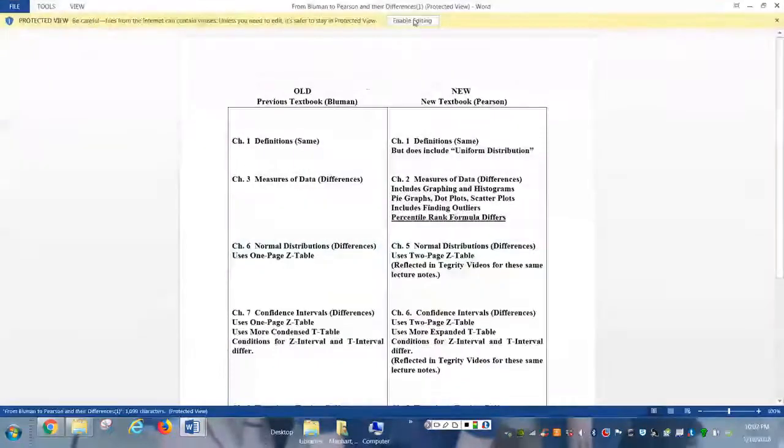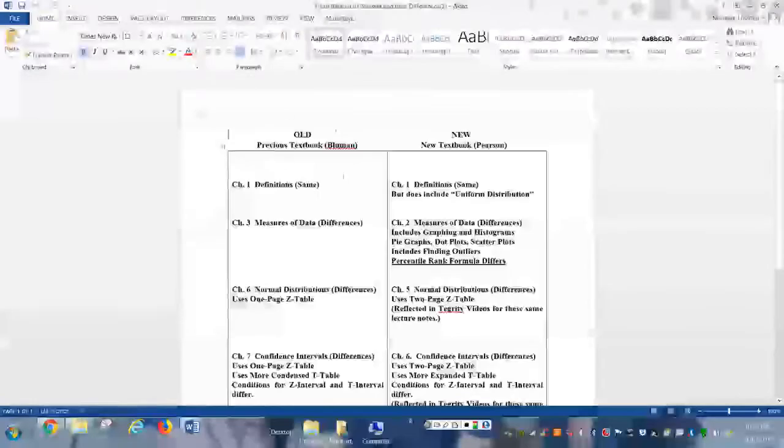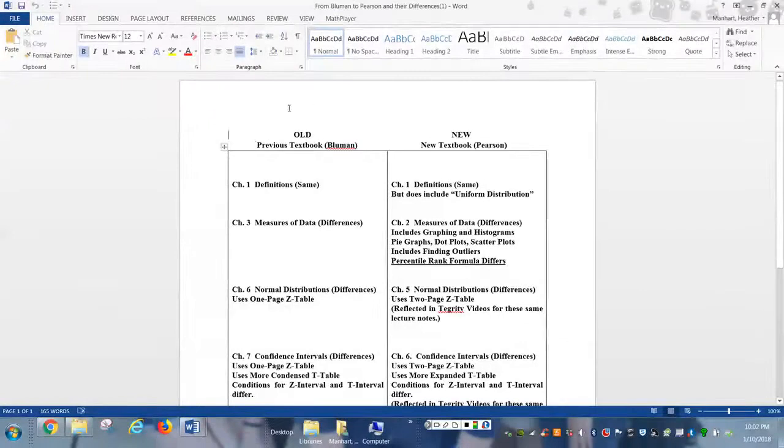For example, in the old edition of Blooming, if you're looking at the old hard copy of my notes, you're going to see in Blooming the definitions were in Chapter 1, and now in Pearson, the definitions are still in Chapter 1. The only difference in terms of vocabulary is that in Blooming, they did not mention something called a uniform distribution.